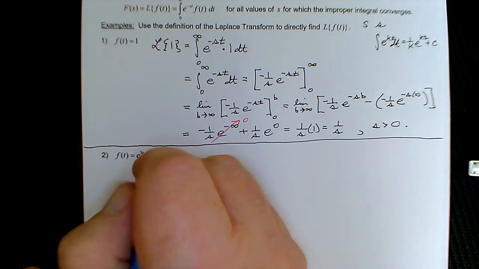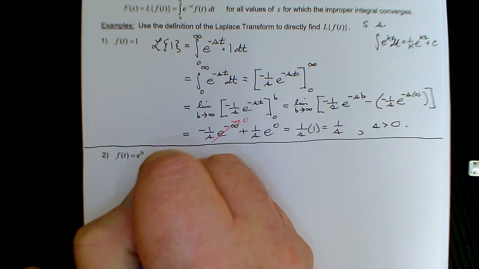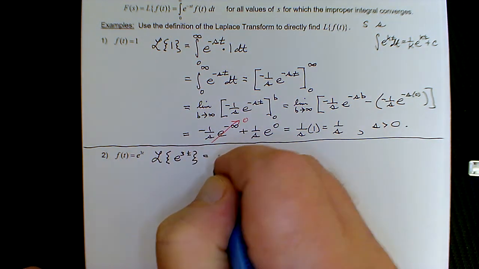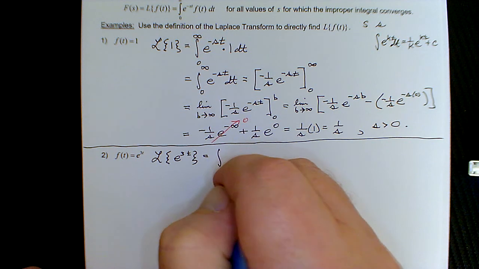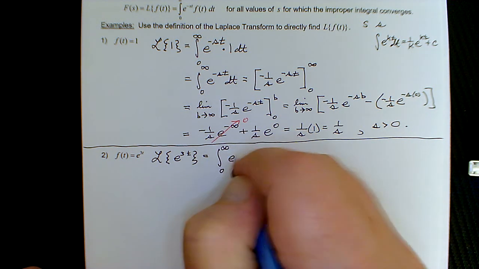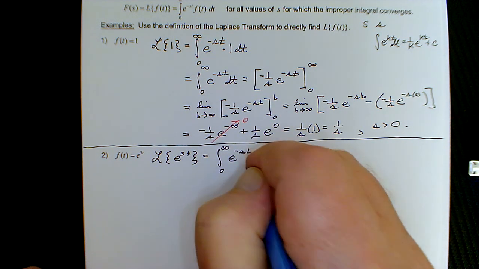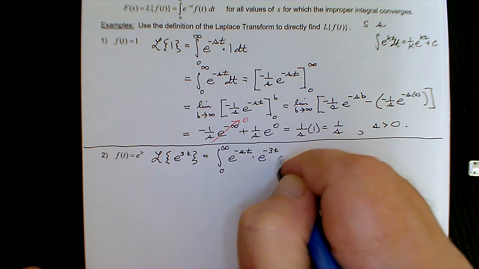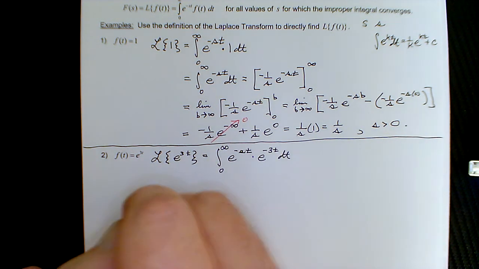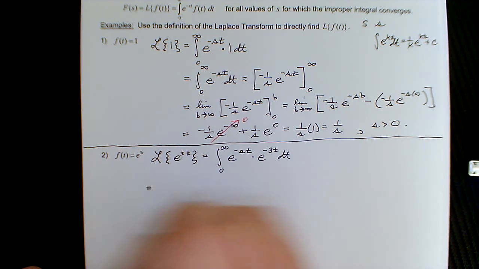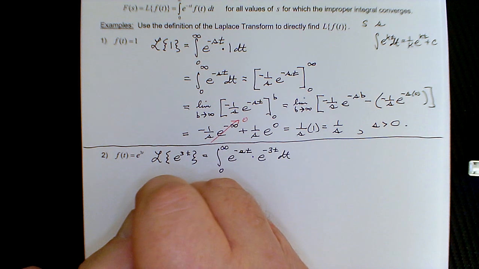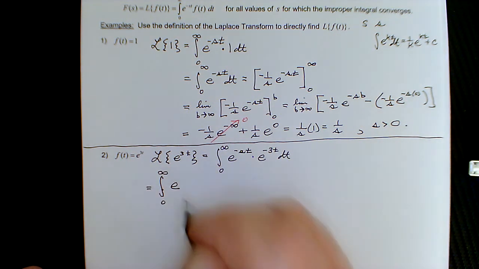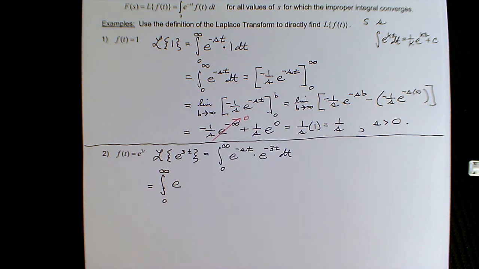And so now for this one, so Laplace of e to the 3t. First step, just substitute into the definition. So integral from 0 to infinity e to the negative st times e to the negative 3t with respect to t. Okay, and that gives us the integral from 0 to infinity of,